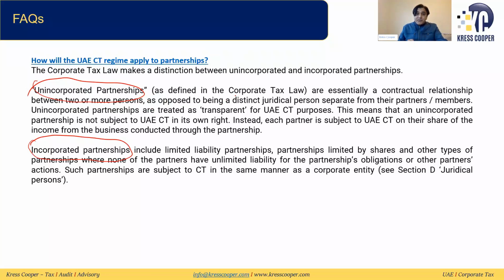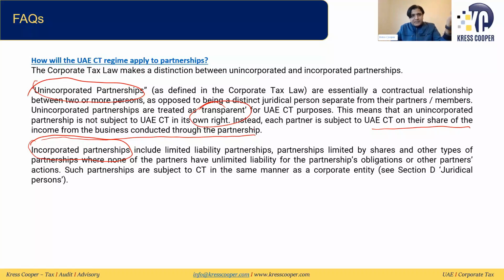Unincorporated partnerships, as defined in the corporate law, essentially are a contractual relationship between two or more persons, as opposed to being a distinct juridical person separate from their partner members. Simple contract, and this is separate from the partners and members. Unincorporated partnerships are transparent, that we already discussed. And what is transparent? The income of this partnership is subject to tax in the hands of the partner, and the partnership itself is not subject to corporate tax. So they say instead each partner is subject to corporate tax on their share of income from the business conducted